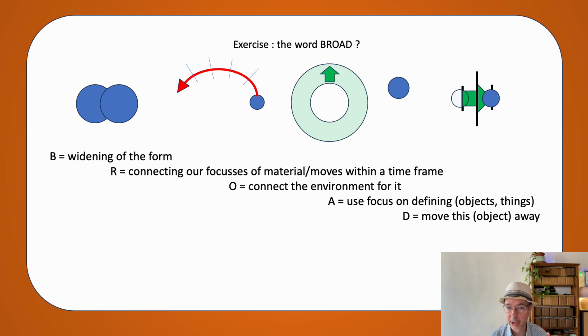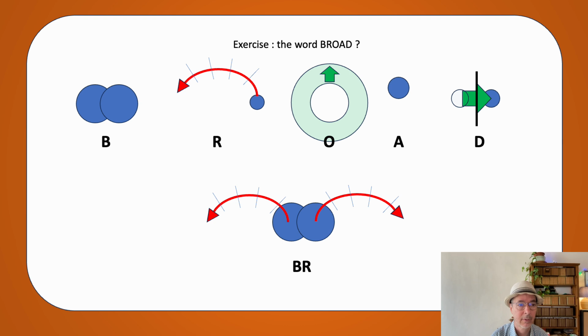Next letter is the D, and that's the move from the position of an object towards a different position, a position which also makes your vision about it broader again. So of course you also have a wider perspective from there. So how shall we combine them? Let's combine already the B and the R. B and R were easy to combine, so you have it already, and you have this